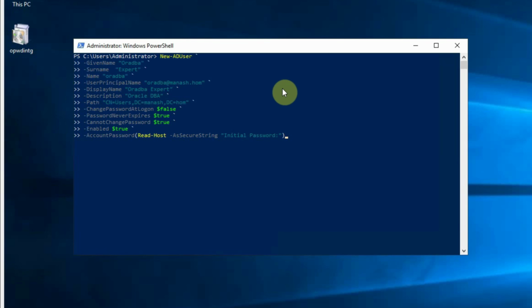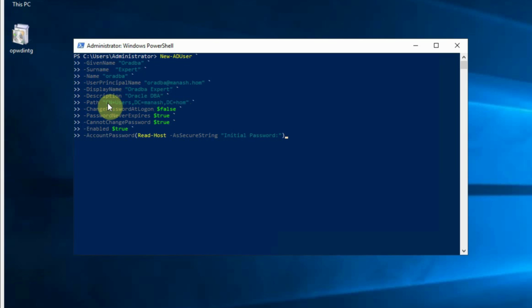And the name of the user is Aura DBA, surname expert, login name Aura DBA with O in smaller case, user principal name Aura DBA at manoj.home, display name Aura DBA expert, description Oracle DBA, path, that is domain specific